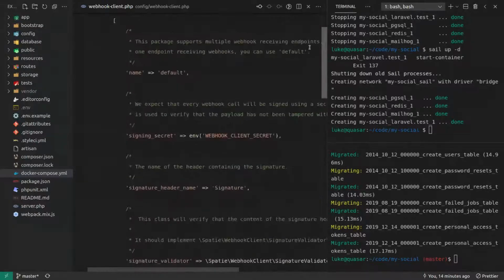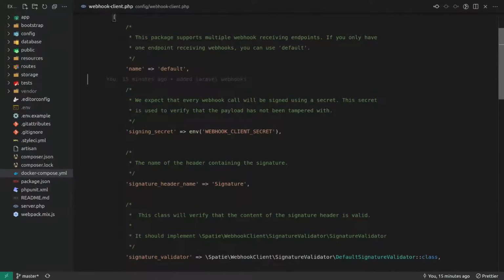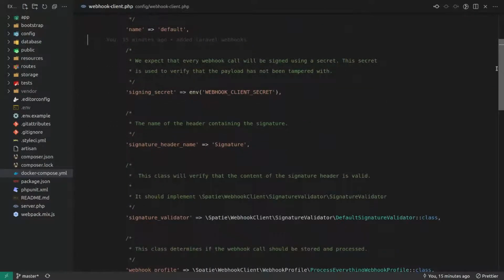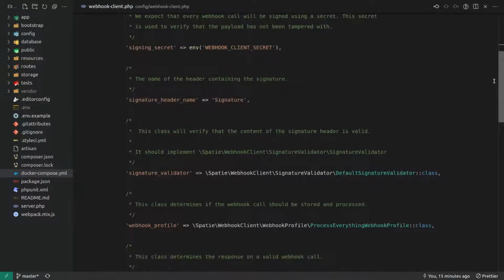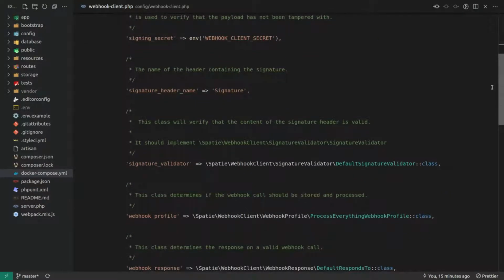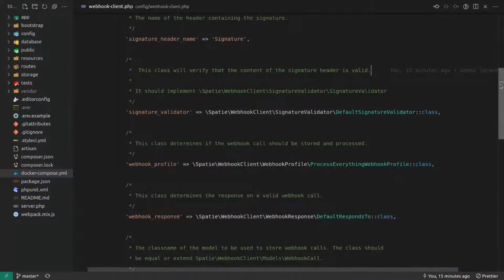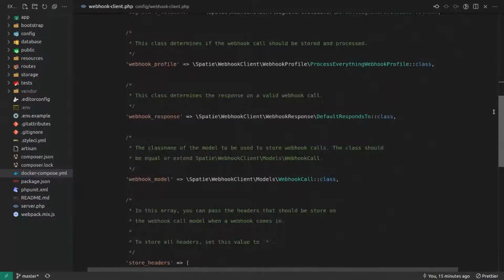So there's nothing here that mentions dealing with the response. No. This class will verify that the content of the signature header is valid. Okay. Should be stored and processed.